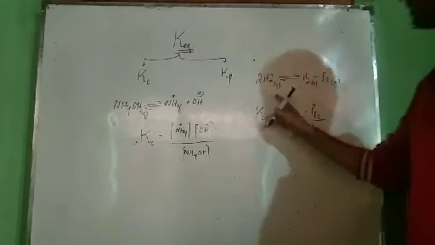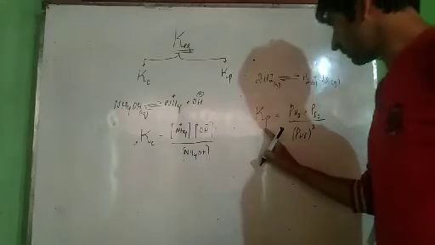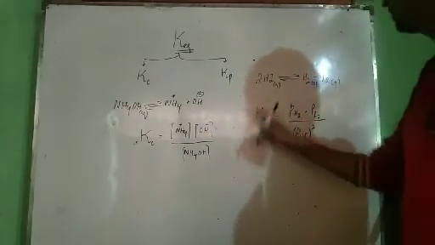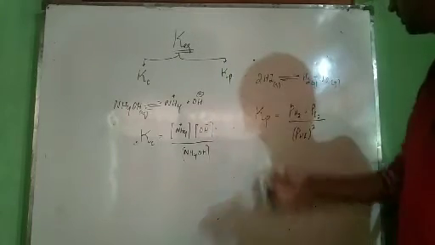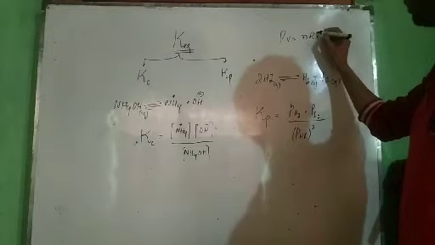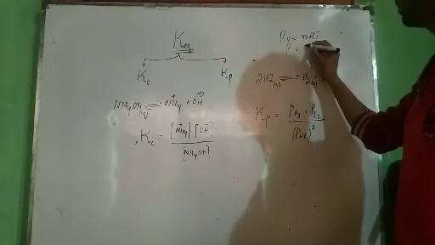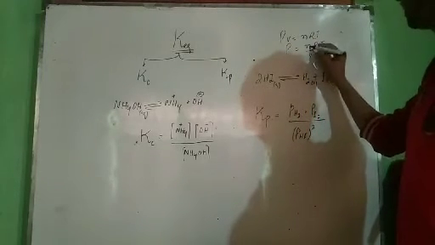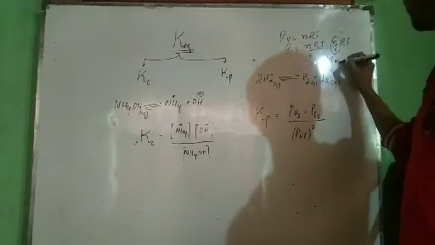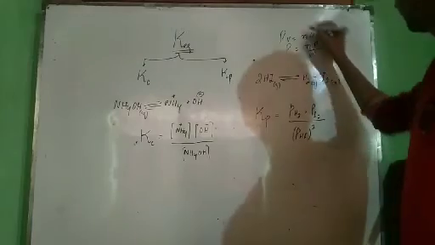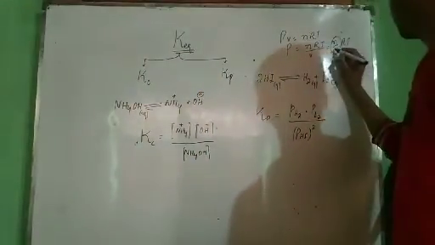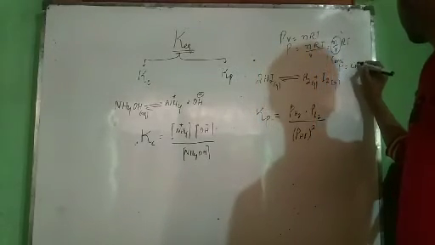Now see, I have written equilibrium constant for this reaction in terms of Kp and equilibrium constant for this reaction in terms of Kc. Now see, we know from states of matter that PV is equal to nRT. From here we can determine P is equal to nRT by V. Now what is this n by V? This n by V is concentration. Therefore we can write P is equal to CRT. This is concentration.